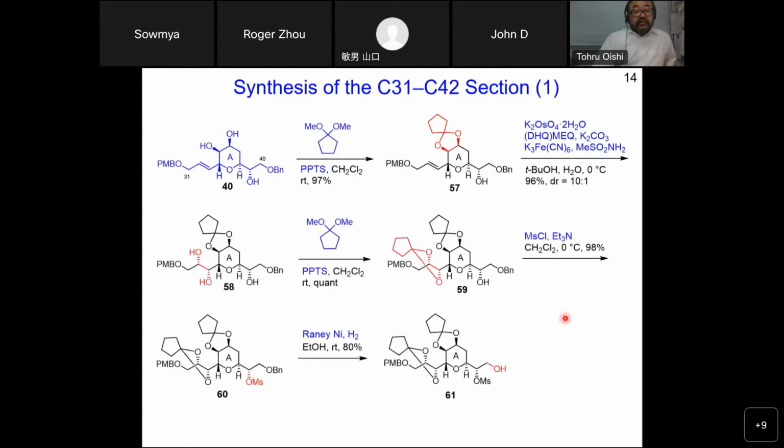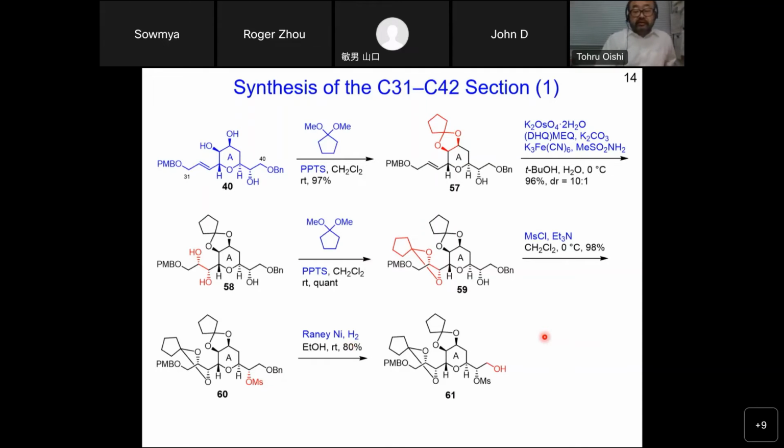The alkene was synthesized as shown here, corresponding to the C31 to C42 section. The olefin was converted to the diol under the conditions of Sharpless asymmetric dihydroxylation, and the resulting diol was protected as cyclopentylidene acetal again. The second alcohol was converted to the mesylate, and the benzyl group was selectively removed under hydrogenolysis conditions